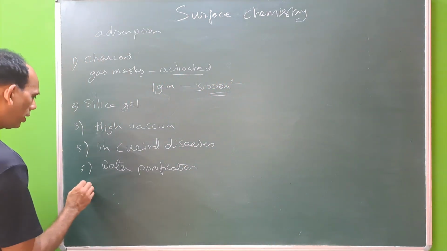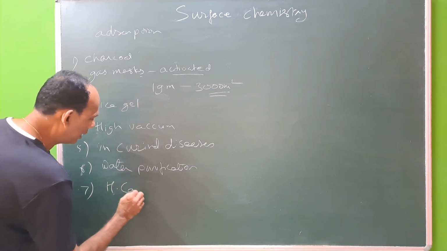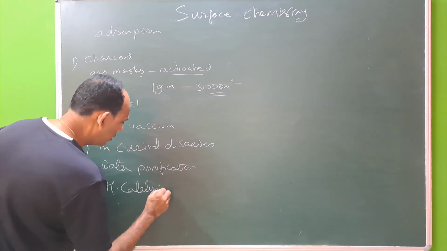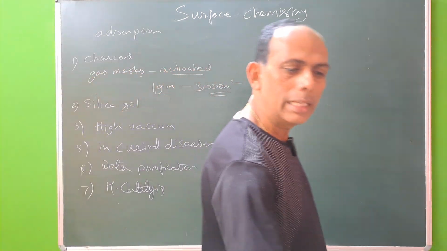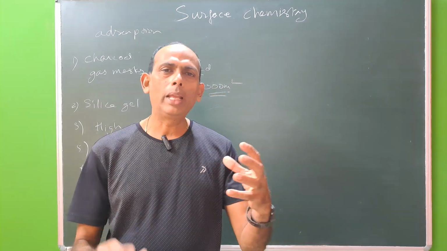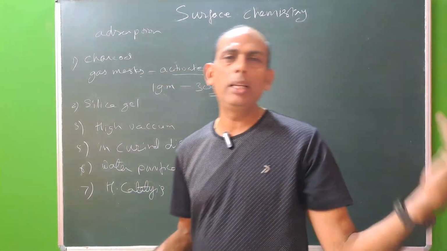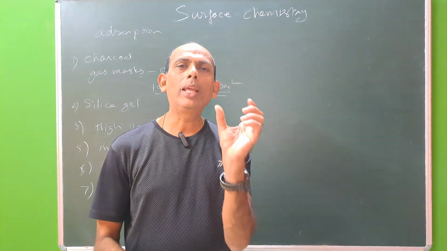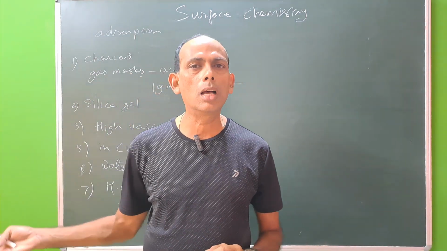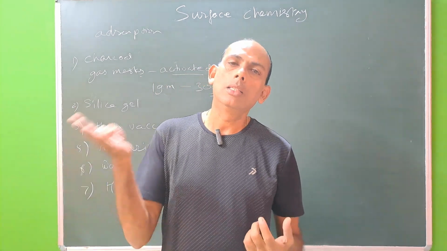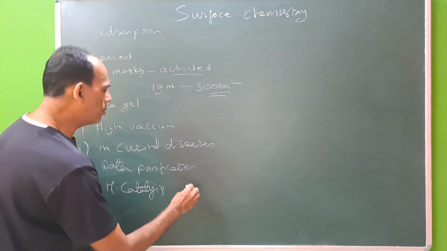Most important, another one which is there in the chapter, that is heterogeneous catalysis. What is heterogeneous catalysis? Very simple. A catalyst is something that helps in speeding up the reaction process, right? If you take a catalyst which is of a different phase compared to the reactants, say the reactants are gases and the catalyst is a liquid or solid but not gas, that is called heterogeneous. The example I'll give you,